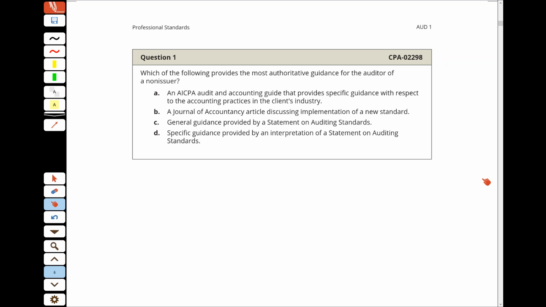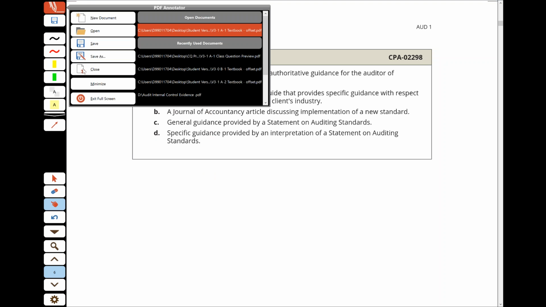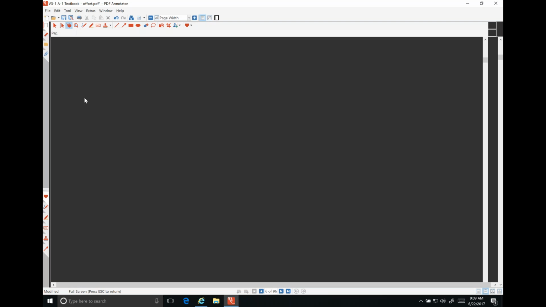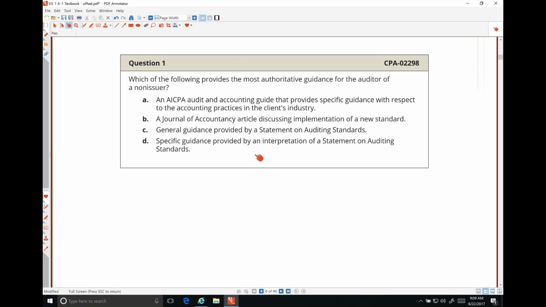Good question. So here it's displayed within the student's textbook and, of course, in our PDFs of the textbook as well, but there's no solution provided. If you want to display the solution on screen, you'll have to open the class questions PDF. So I am going to exit this full screen mode so that I can open that additional PDF file. If you go to the top left, the red icon, select that and go exit full screen. That will take you back to the main